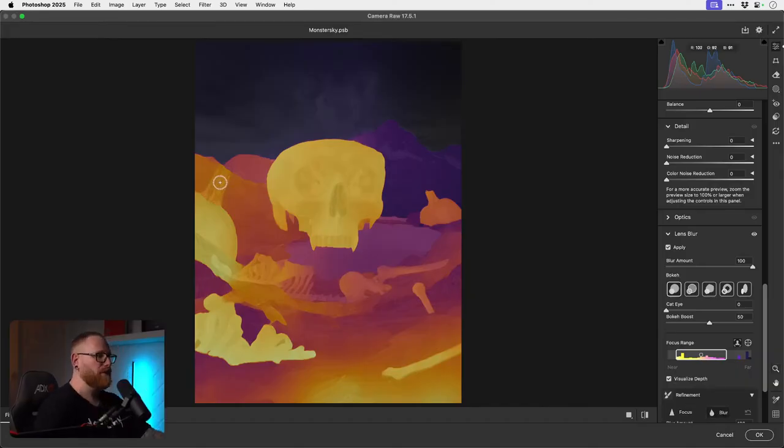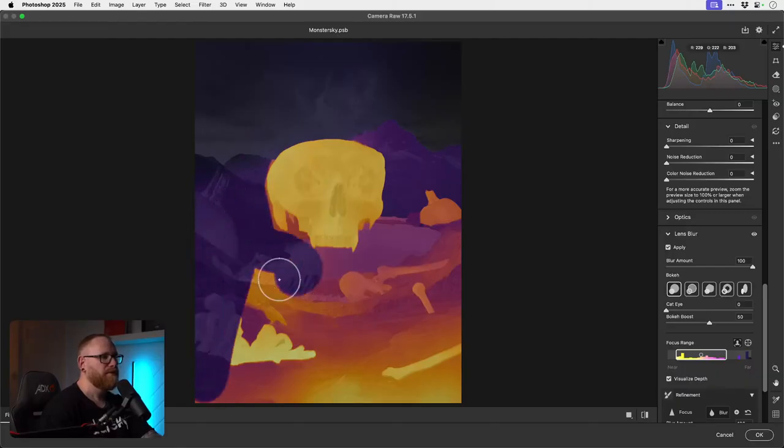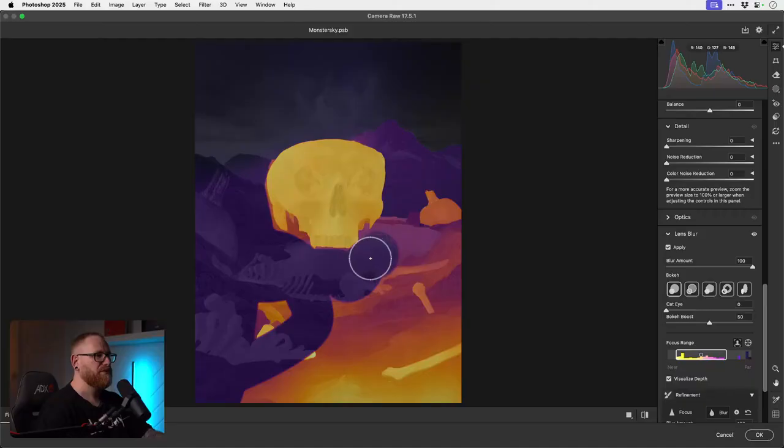Blur. Okay. So this is cool because you can actually brush in where the blur is. So we're effectively brushing in the depth of field, and then we're brushing in the areas in focus here. Although I've kind of ballsed it up there.